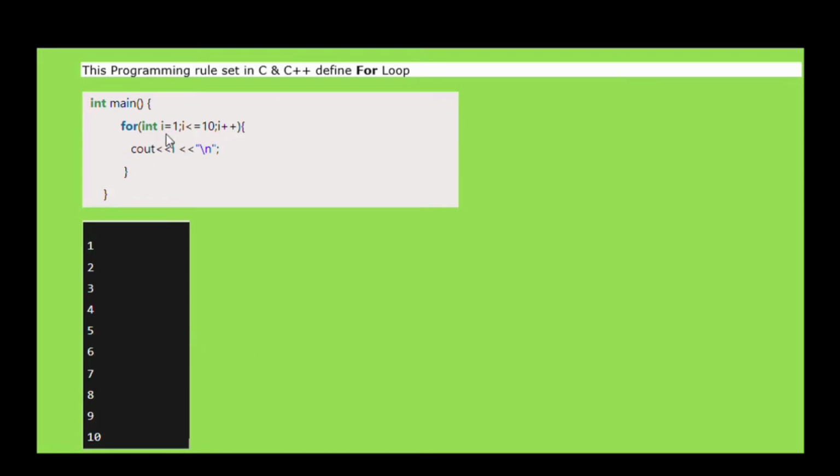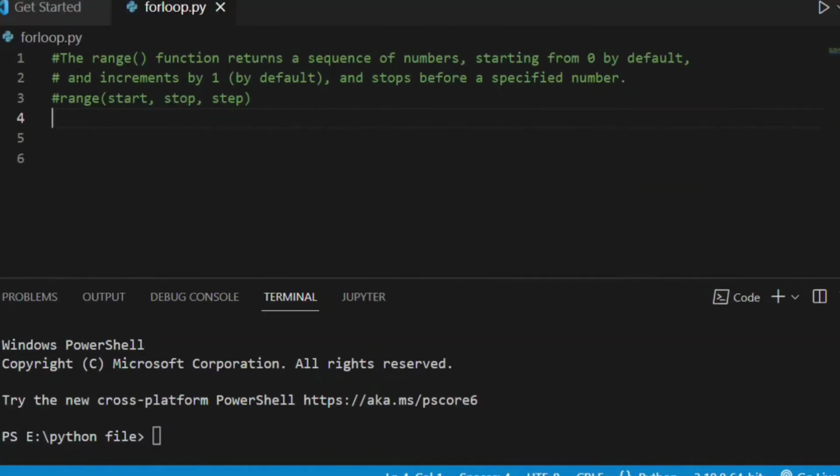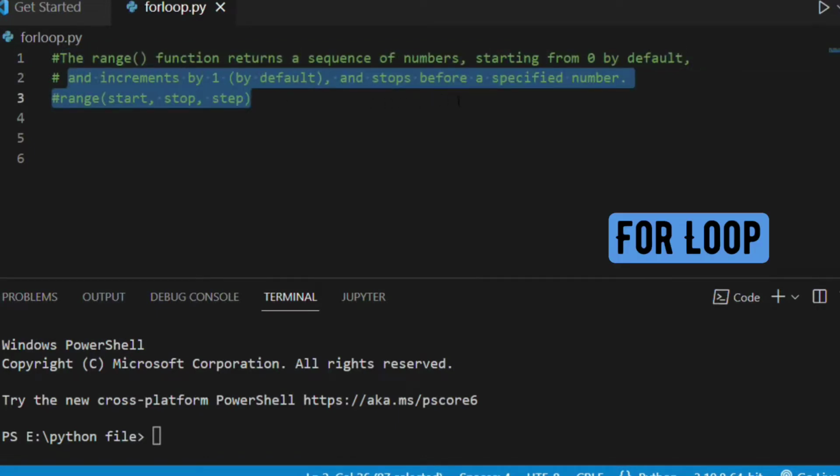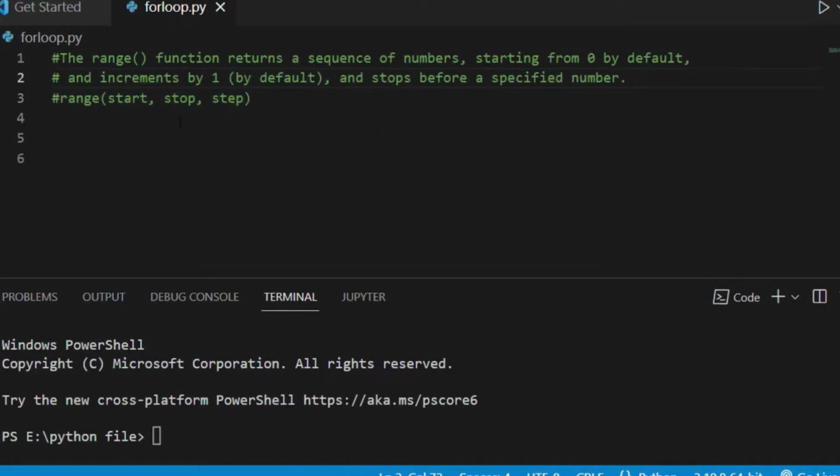So let's start with a for loop. As you see, in the C and C++ programming languages, we write this kind of for loop syntax, right? And we get the output like this. You have heard about this int, main, increment. This for loop we write in C and C++, but in Python it's different. So we need to understand it completely. For that, we need to know two things: